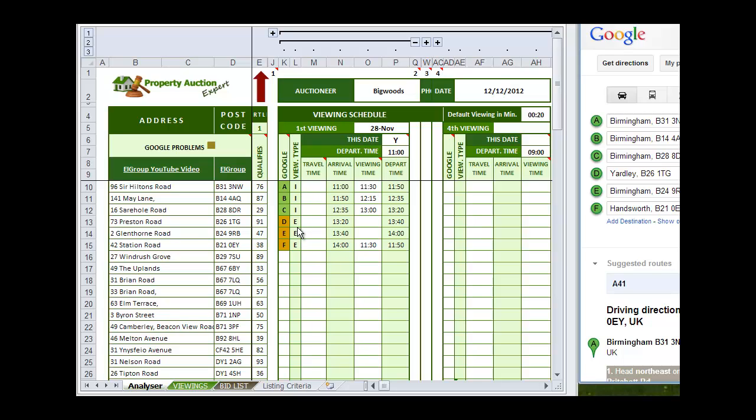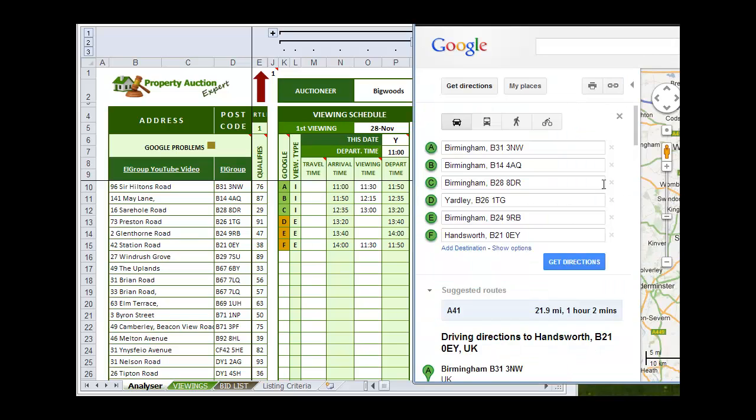We then have the external viewing set up. This is an automatic fill. Although you're arriving at 13:20 in this example, there's no viewing scheduled for this day, the 28th of November, therefore you have to view externally. And in this particular instance, you are arriving at 2 o'clock, 1400 hours, for an 11:30 scheduled viewing, therefore it has to be external. So I will now go and get the travel times,